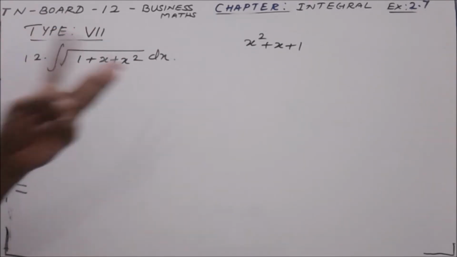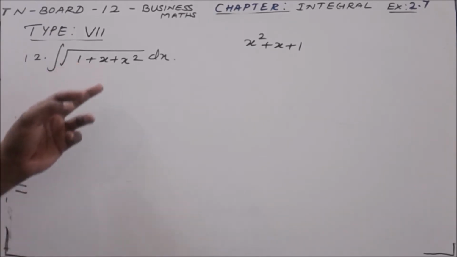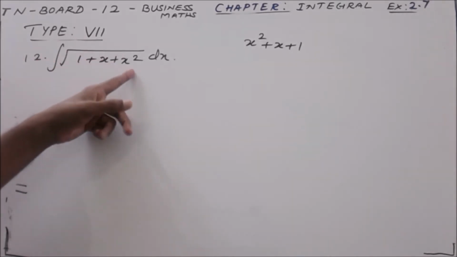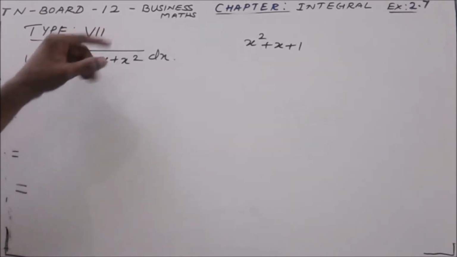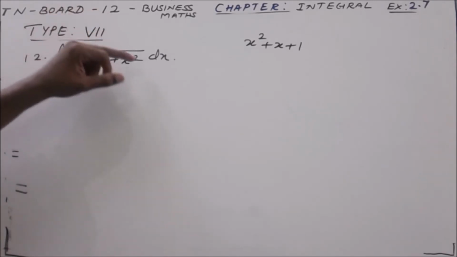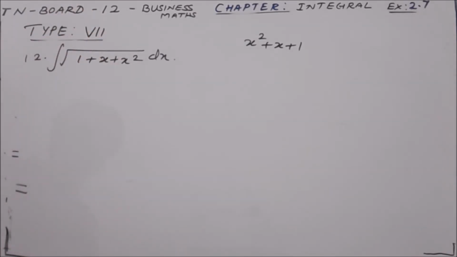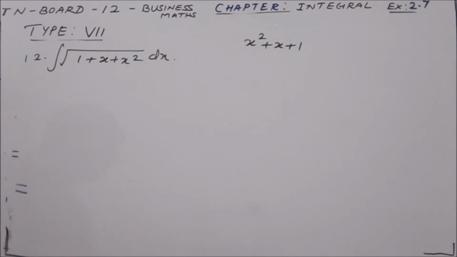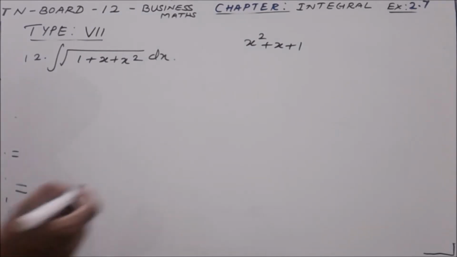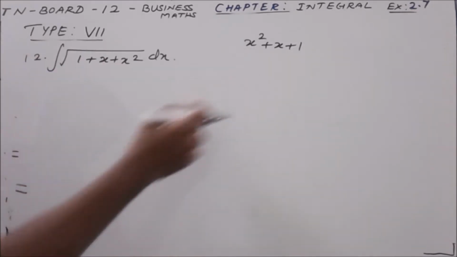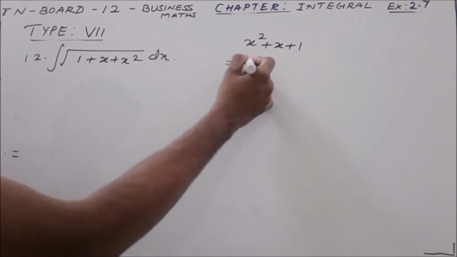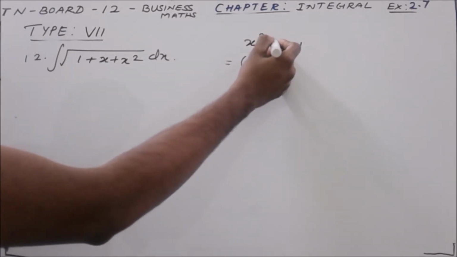In type 7, there are three methods we utilize. The first two are completed. The third one is here: within the square root, the square root is only in the numerator. No denominator appears here. And the function will be a quadratic within the square root. For these types of cases also, we should first complete the given quadratic as a sum or difference of two squares. Now here I have rewritten as x square plus x plus 1. Both are the same only. By converting using the complete square method, for x square plus x, here we have constant 1.